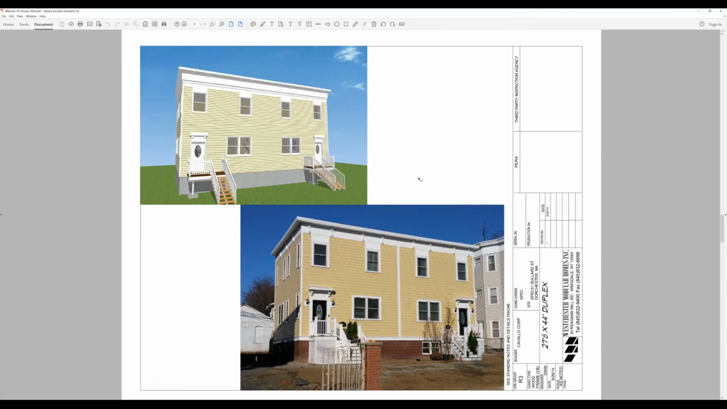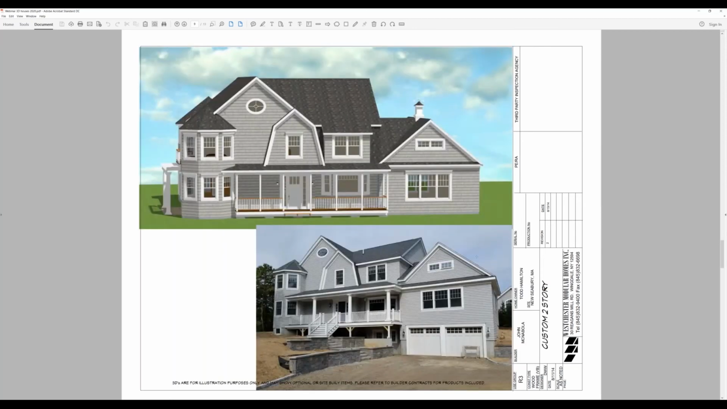This is a duplex we did in Boston. We had to match the architecture in that neighborhood. You've got those flat roofs with the wide frieze boards and the parapets. And the very last house I want to show you is this house that we did out on New Seabury in Cape Cod. And I just want to spend a minute talking about how we work with the builder